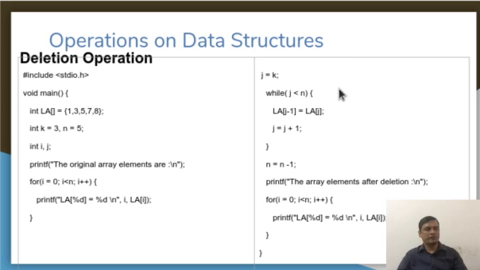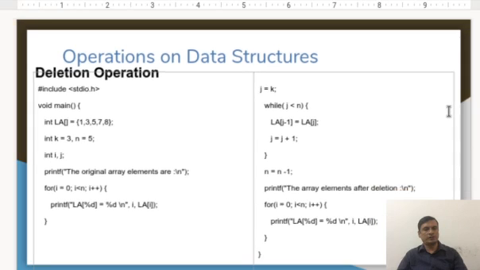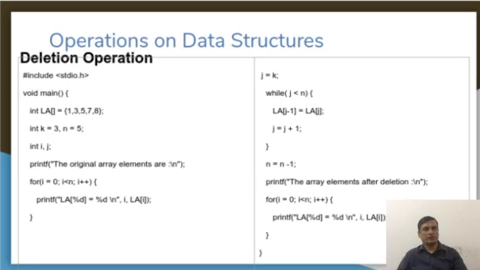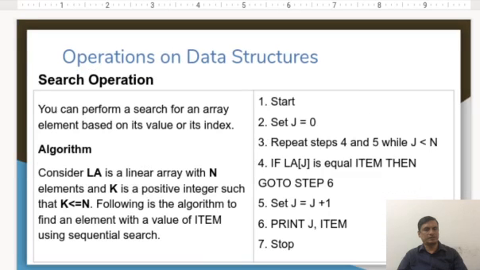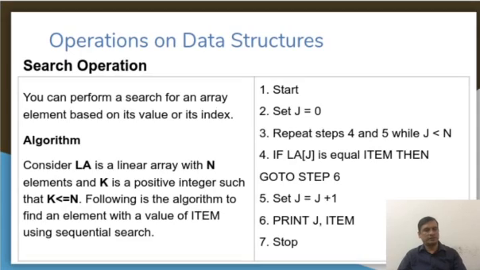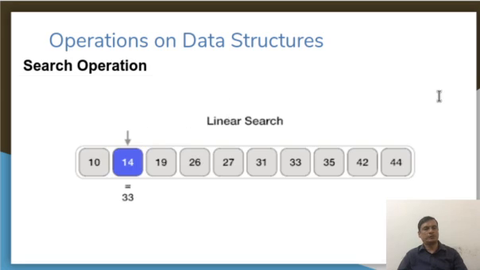So after understanding the deletion, we move on to the next operation of the array, which is the search operation. What we mean by search operation is that you are going to find out whether the given item is there within the linear array or not. If it is found, then we say the particular element is found at a particular position. Otherwise, if it is not found even after you have reached the last position of the array, then you conclude that the item is not found. So that is a simple program to illustrate here.